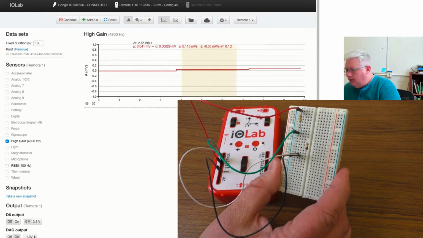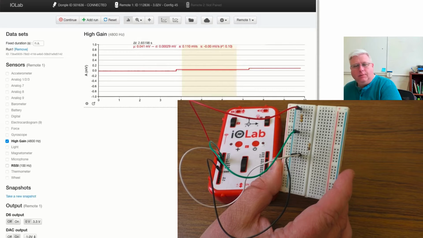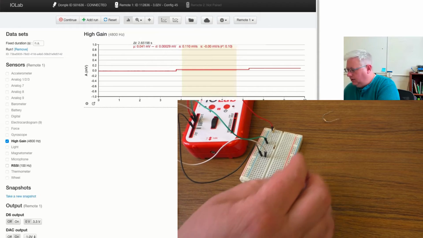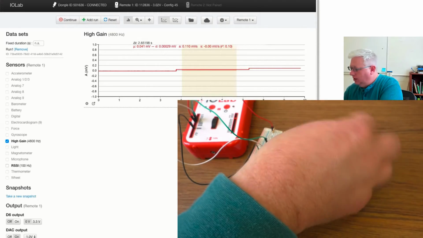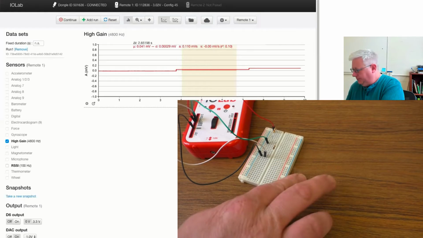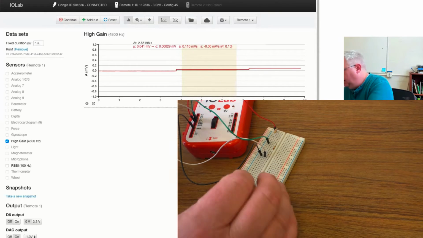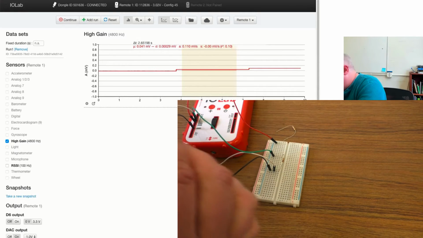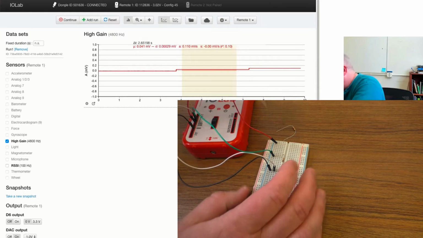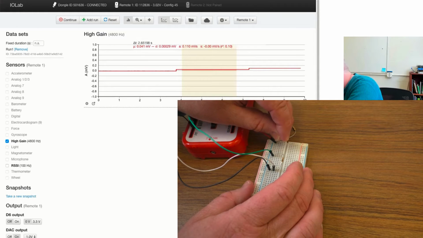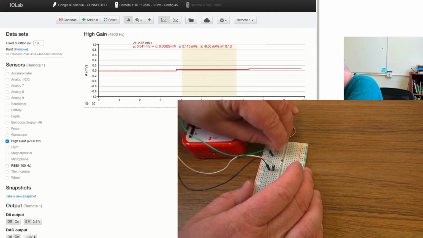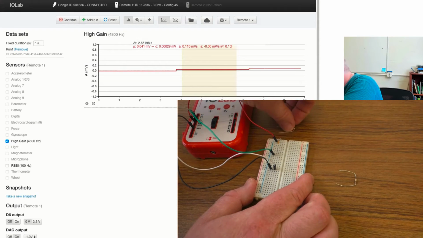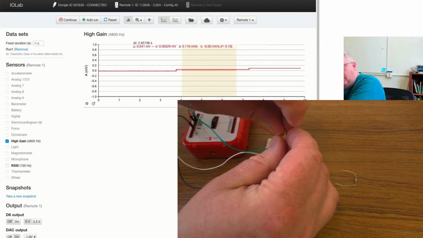So to see how these things behave in a series circuit, what we'll do is we'll put the 10,000 ohm resistor and the 4,700 ohm resistor in series. So, just to keep it consistent with the picture and the instructions, I'll put the 10,000 ohm resistor back where it was. We'll take out that 1 ohm resistor for now, and I'll put the 4,700 ohm resistor,